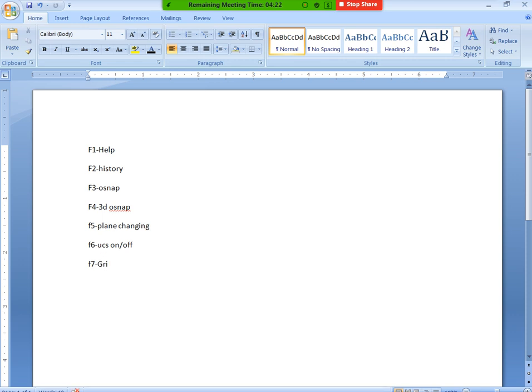F10 means polar tracking. F11, object snap tracking. F12, dynamic input. Okay, these all are our function keys.